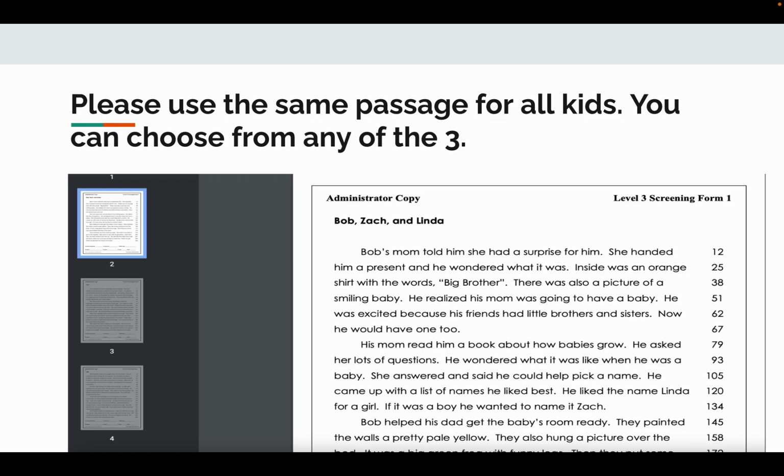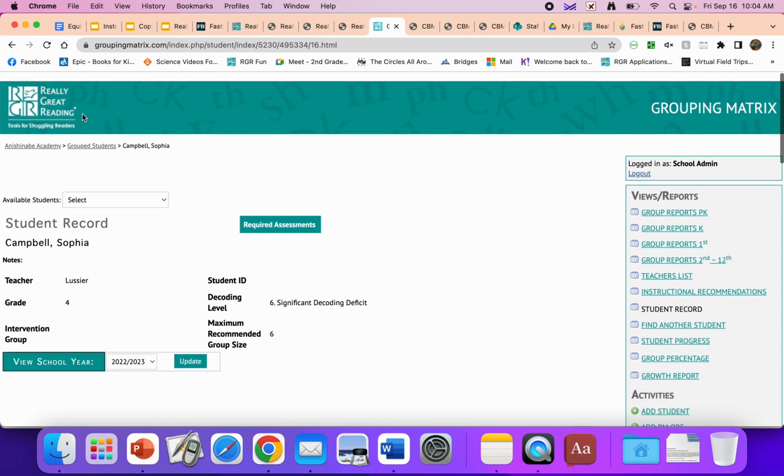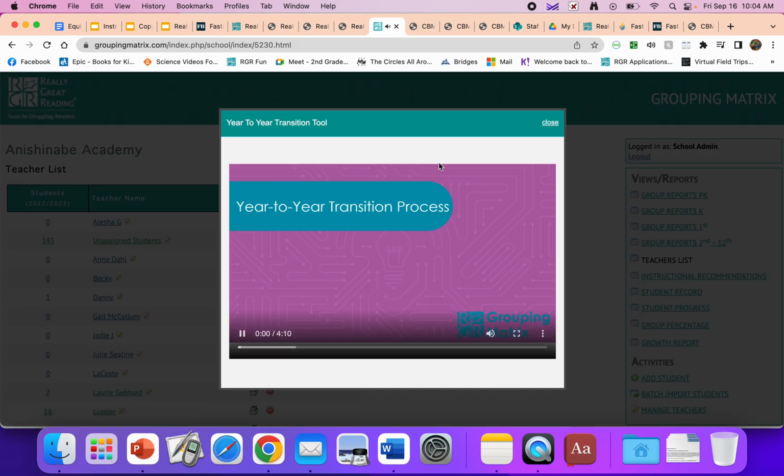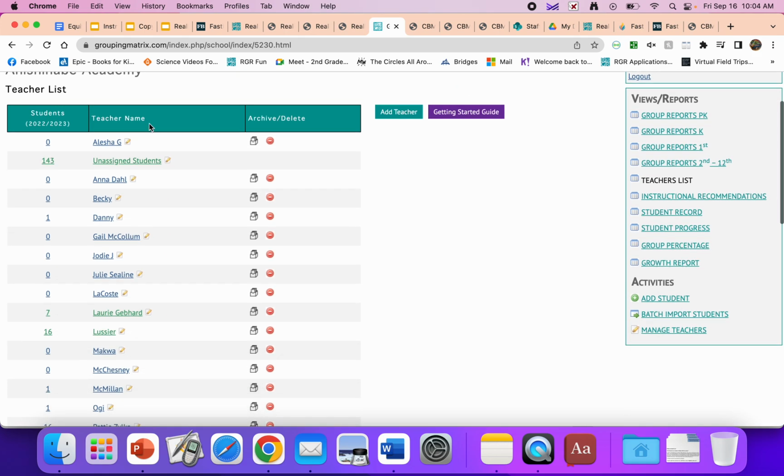I'm going to show you exactly how to do that in your grouping matrix now. I'll come off of this slideshow and we'll go to our grouping matrix. When you log in, this is the first screen you're going to get. You'll see all these